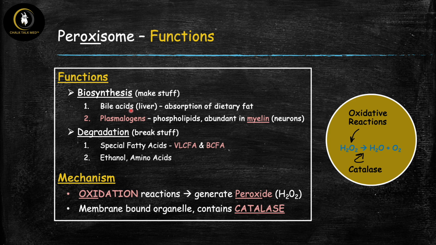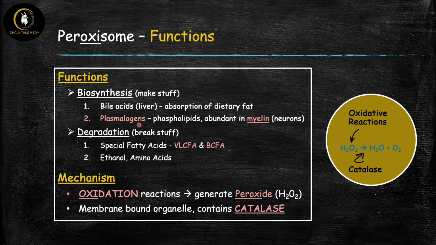So number 1, bile acids. These are specifically in the liver cells. Bile acids are important because they help absorb dietary fat. These are made in the peroxisome of liver cells, secreted as part of bile into the small intestines, and help absorb dietary fat. The second important thing that's made inside of peroxisomes are these plasmalogens, and these come up a lot